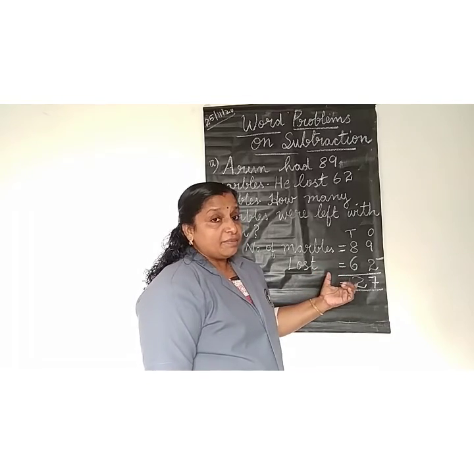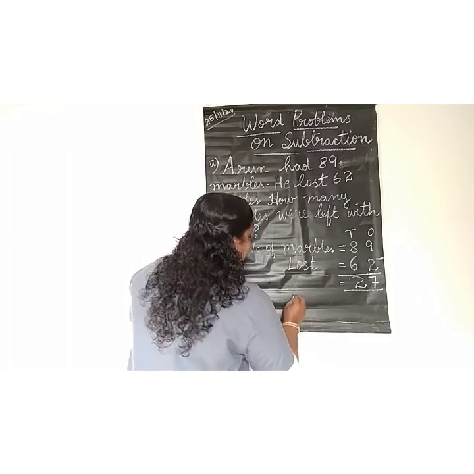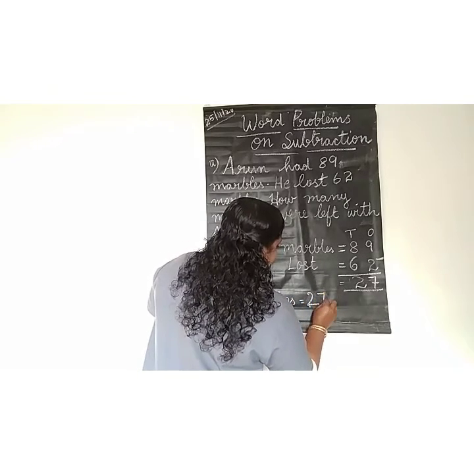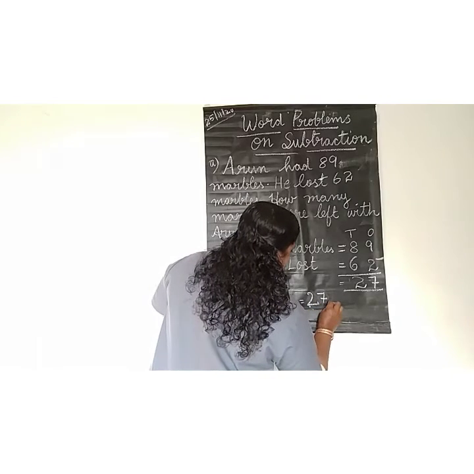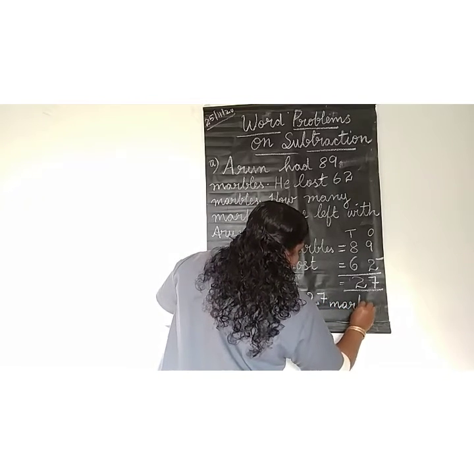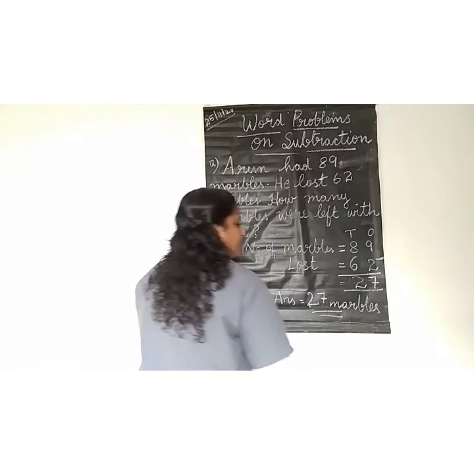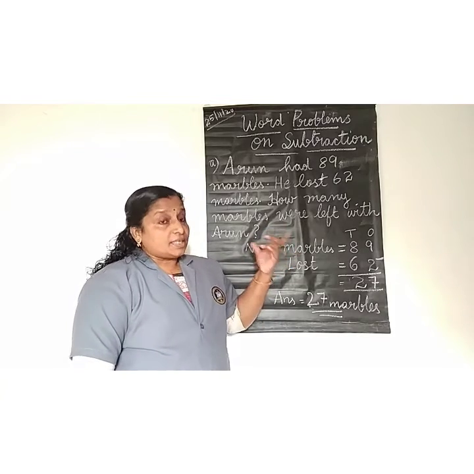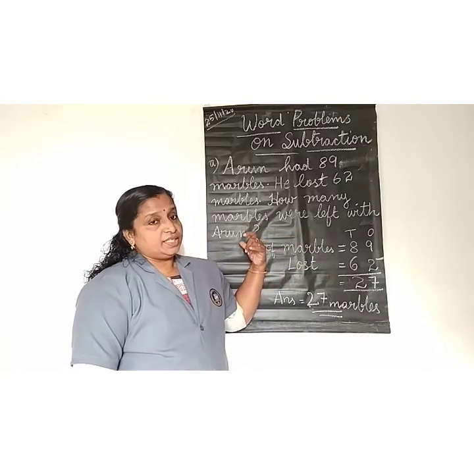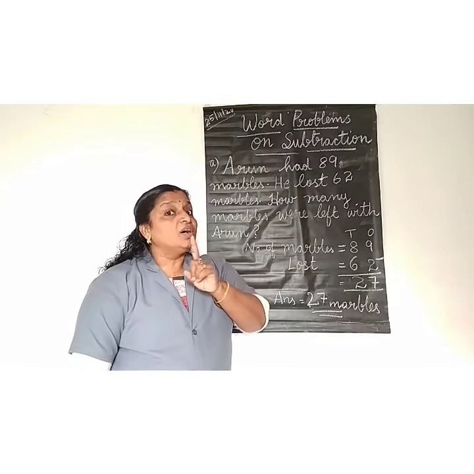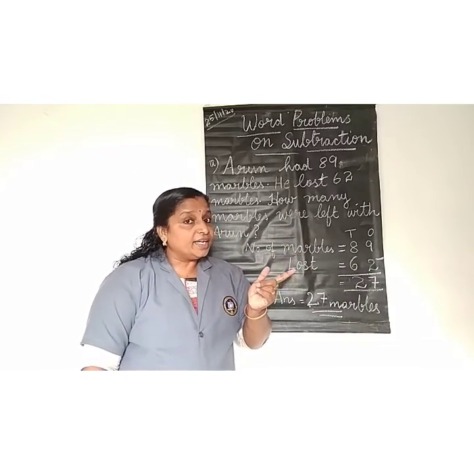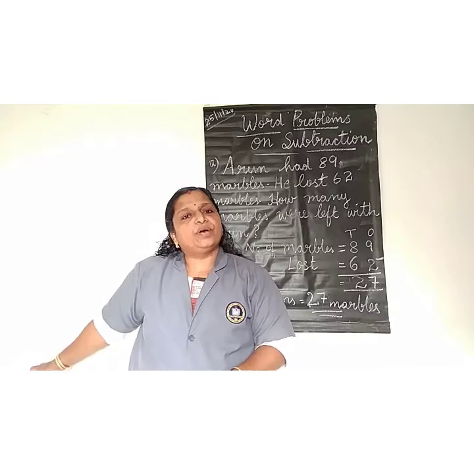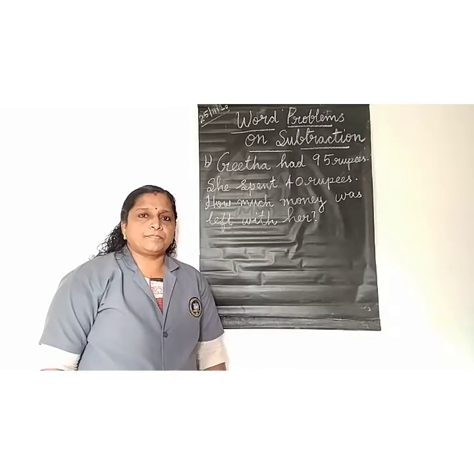So, remaining marbles? How many marbles are there remaining? Answer? 27 marbles. Remaining 27 marbles. Balance, we got 27 marbles. This is the way you will do step sums. Okay. In the subtraction of how many were left with Arun, left means remember minus. Altogether or total in all is addition. Okay. We can do two more sums in the subtraction.